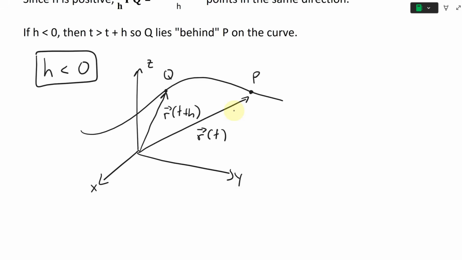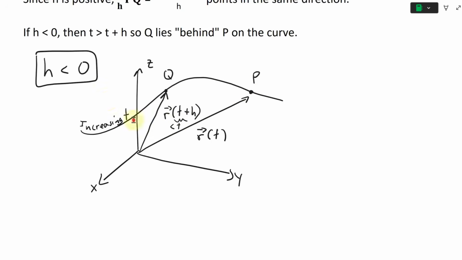plus h, like that. And now this part right here is less than, because h is negative, it's less than 0. So this is going to be less than t. So t is greater than this one. In other words, this is basically behind p. But in this case, if this is less than this one, we still have an increasing t here. So we still have increasing t